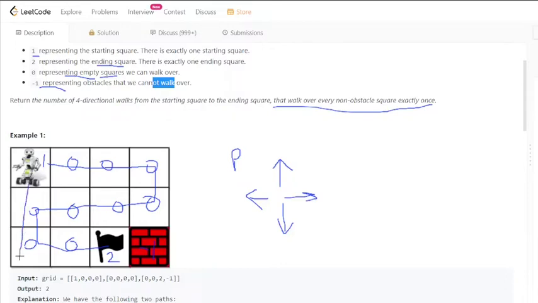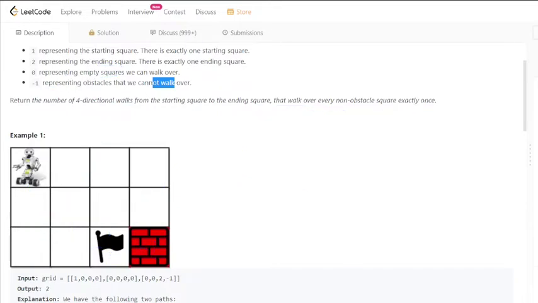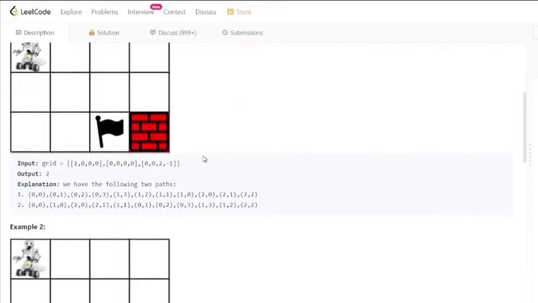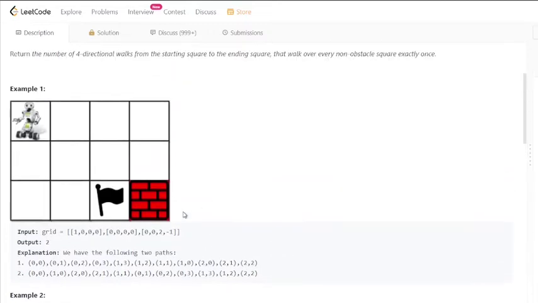At first the robot goes over here, then it goes over here, then it takes this, and then this, and finally reaches this point. And hence there are two possible paths such that each of the empty squares is visited exactly once. You can consider your explanation, or you can also see the explanation given, the same thing is written.